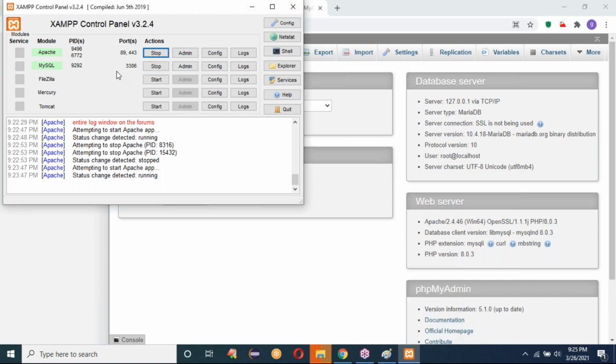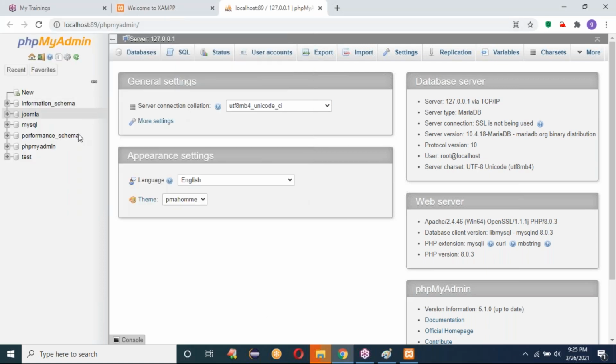Here I started my MySQL. I started my PHP Apache server. So now I want to see what is there in MySQL. In MySQL on the left side, what you can see, these all are the database names. At the top, what it is showing here, these all are the